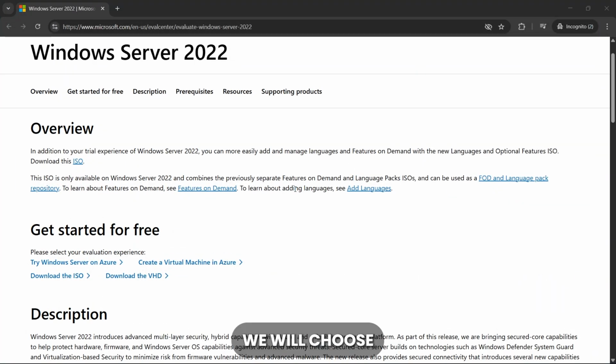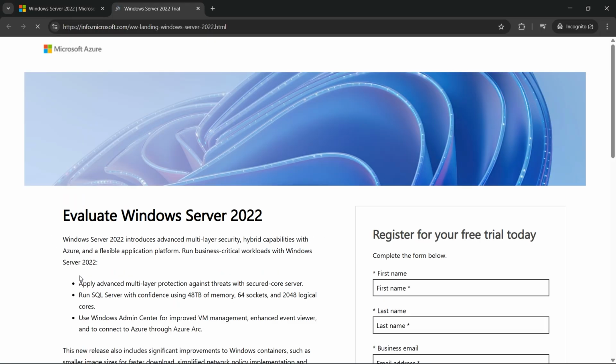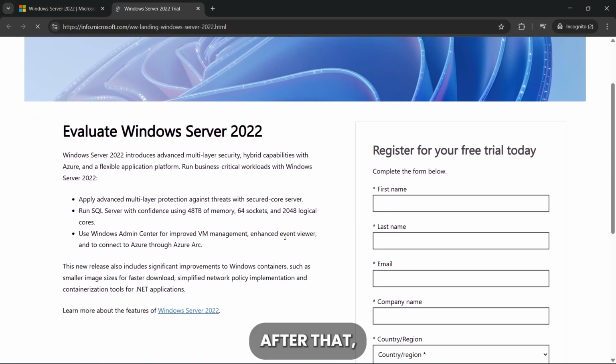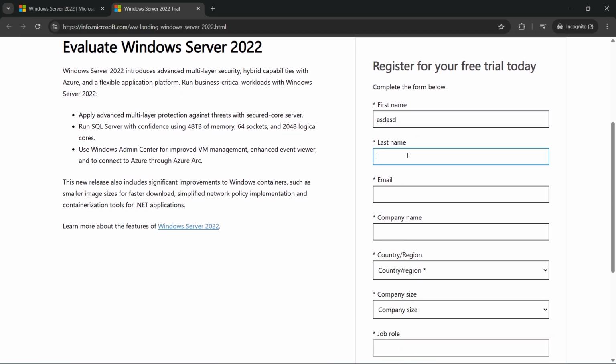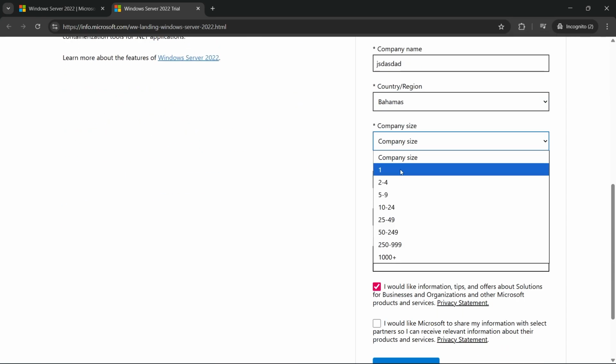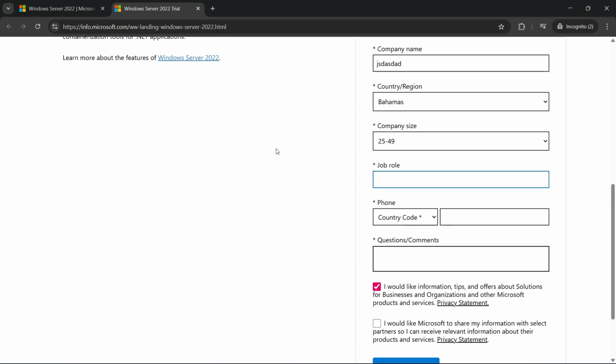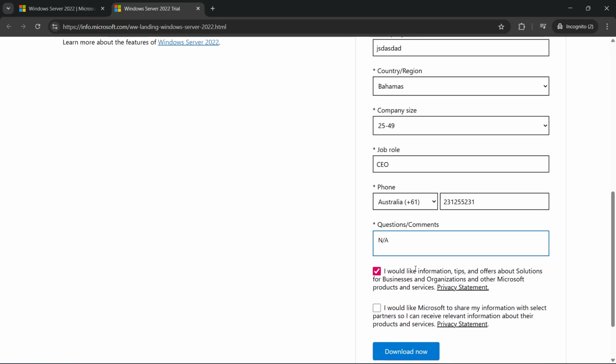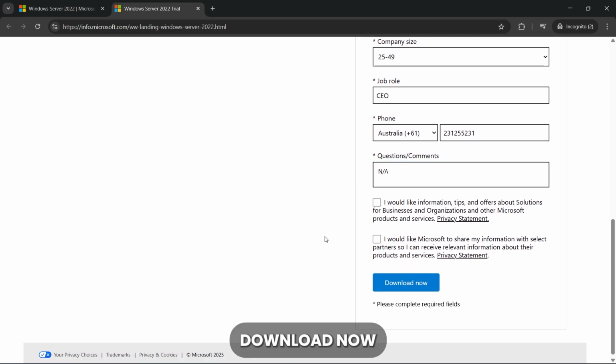We will choose Download the ISO. After that, you need to complete the form to continue and click Download Now.